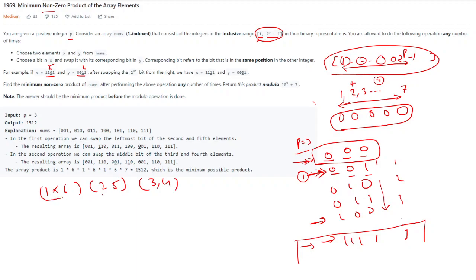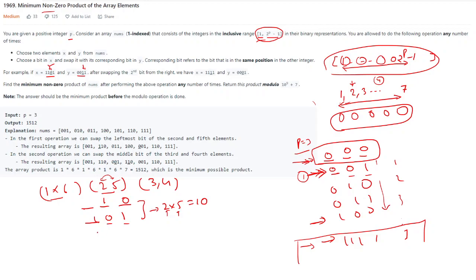If you see this 1 and 6 and this 2 and 5, let me show here how we can write 2 as 010 and 5 as 101. So 2 times 5 is equal to 10. When we get this complementary idea, we have to do something with these pairs so that we get the minimum value. How we can get the minimum value, you already know that. Okay, we'll come to that later. Suppose this 2 into 5 is there, so we have to do something with these numbers so that we can reduce 1, so that we get the minimum value.